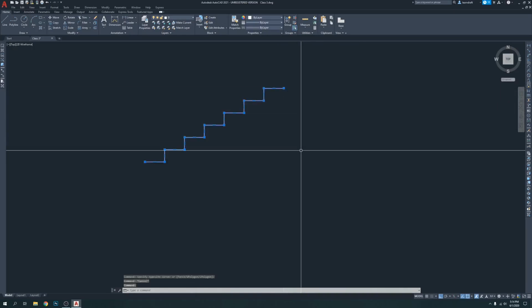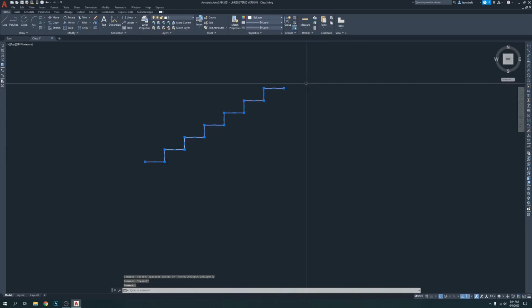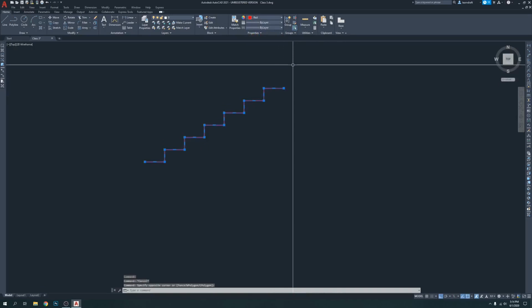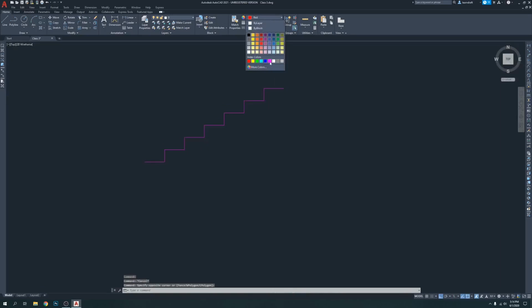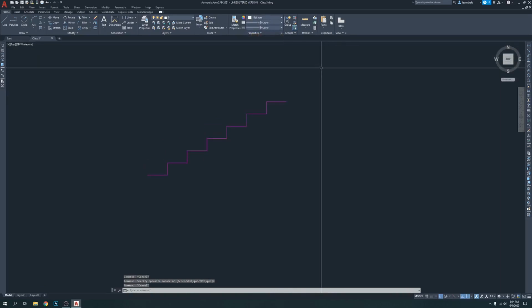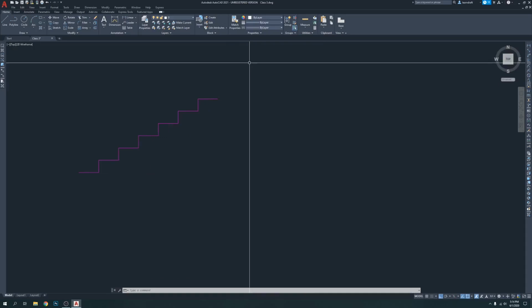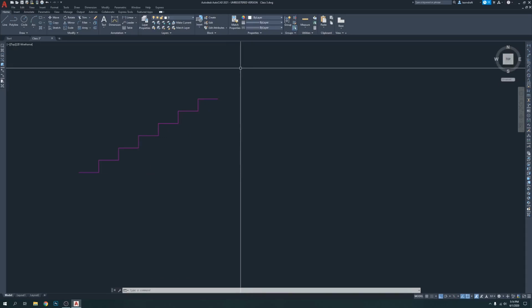If you touch one place, all the lines are going to be selected together. If we click here and make it color red, it's going to be red. Again we can click to select and make it magenta, it's going to be magenta. So this is how the polyline works. Now if you want to draw anything, like you need more than one shape, polyline is your best tool for